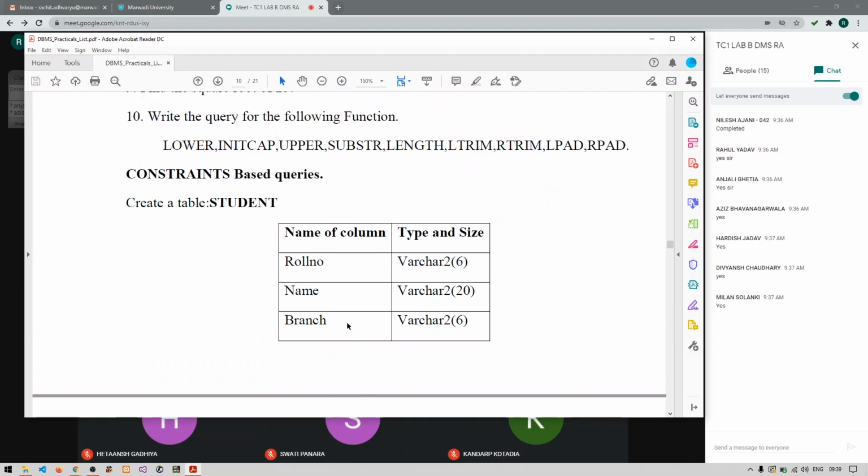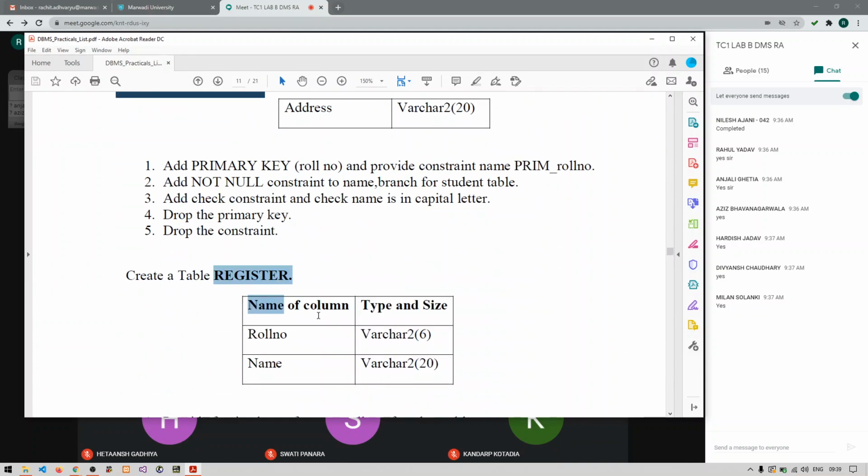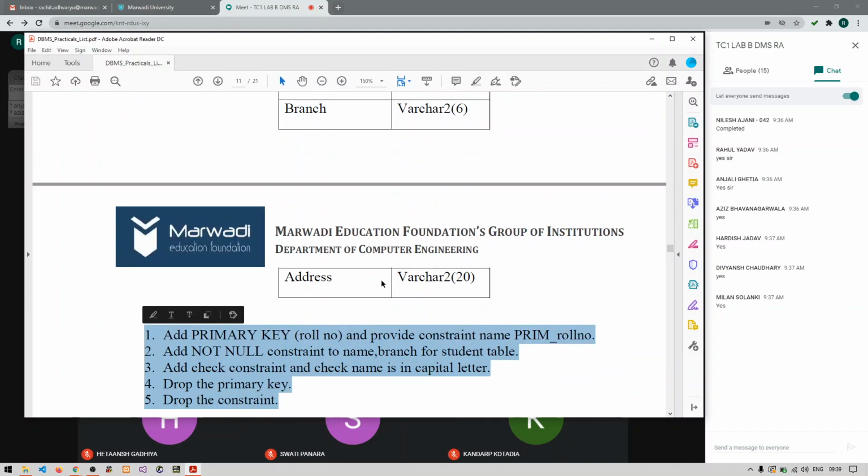These two tables show that if you create a table and after creating it you want to add some constraints, like a primary key, a not null constraint, or a check constraint, then how can we add these constraints after creation? This is the next part of our practical.